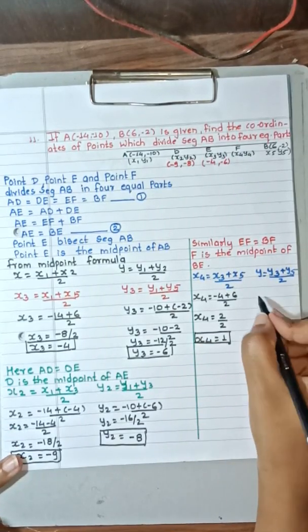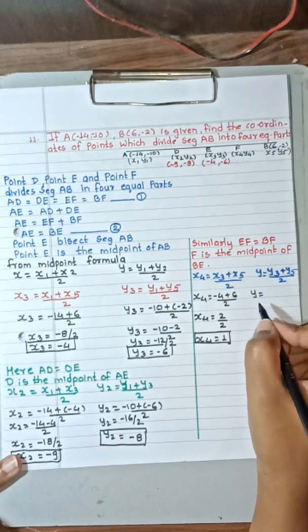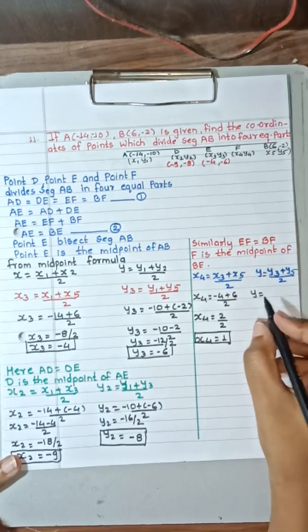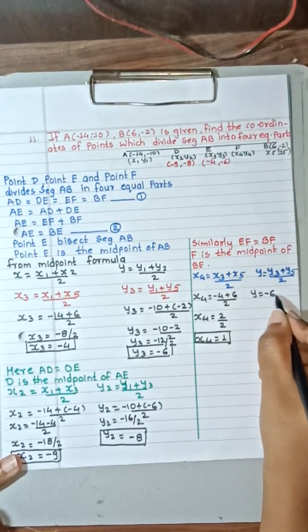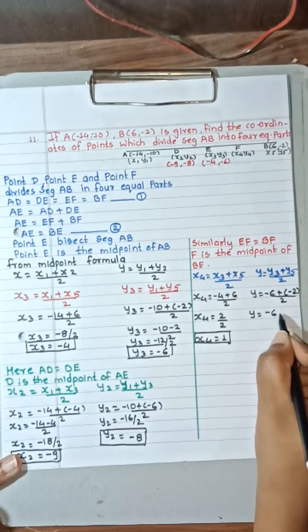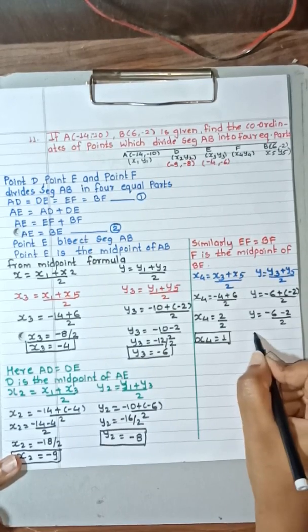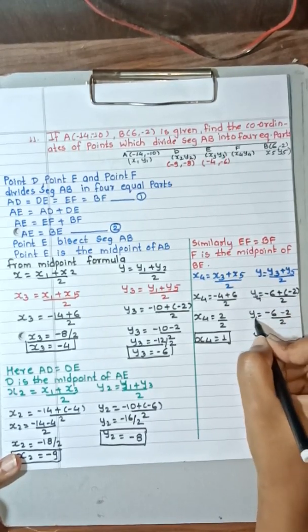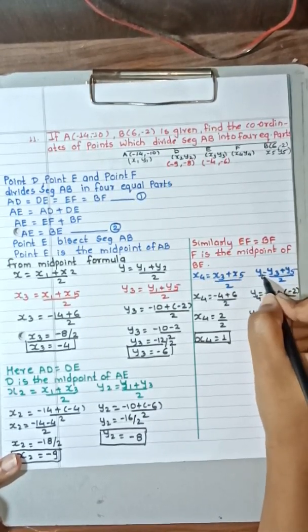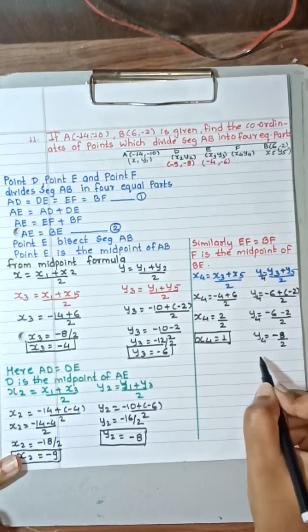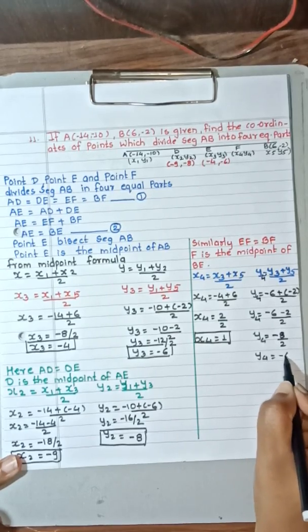Okay. Now you take the value of y. So what is y3 now? You can see here, value of y3 is minus 6. Okay, so minus 6 plus y5 is minus 2, upon 2. Therefore y is equal to minus 6 minus 2 upon 2. Sorry, here it's y4, children. We are finding the value of y4. This is y4 over here. Okay, y4 is equal to minus 8 upon 2. Therefore y4 will be minus 4.